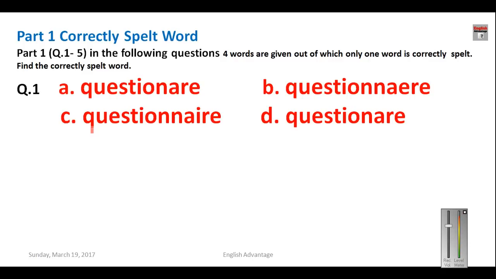Now here we start the mock test. In this mock test I have included 26 questions. One question I have kept for the aspirants, to be answered by the aspirants only. This is question number 1, and you have to pick out the correct spelling of questionnaire. So you have to solve this question, and if your answer matches my answer, you give yourself 1 mark, otherwise 0.25 minus marking. The correct spelling of questionnaire is this one. This C option will be your answer.